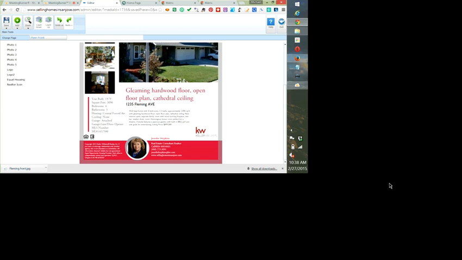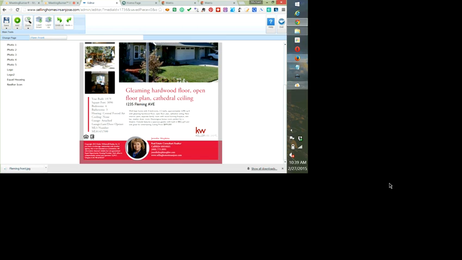I represent buyers on this property. That's easy number 2. Right? You understand the client printout has a listing agent's name, but doesn't have their phone number, contact information, email, and website. Right? So attaching a business card, we're going from really easy, right, to this, by the way, is